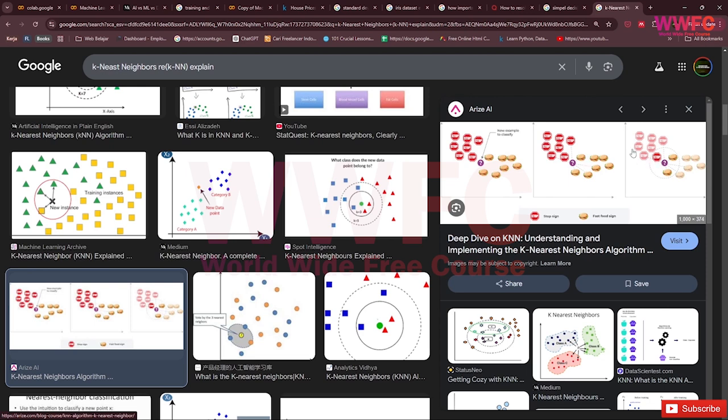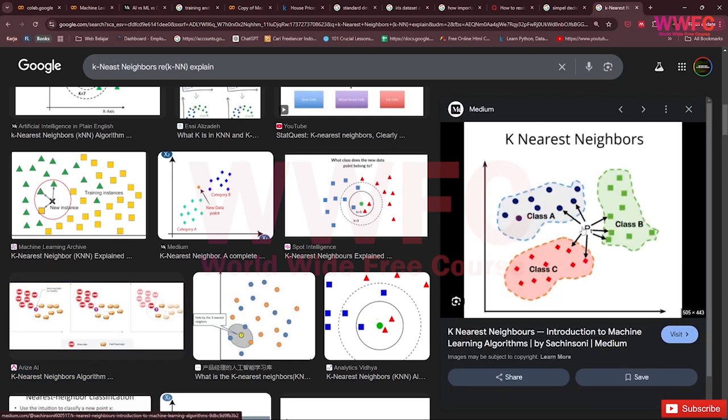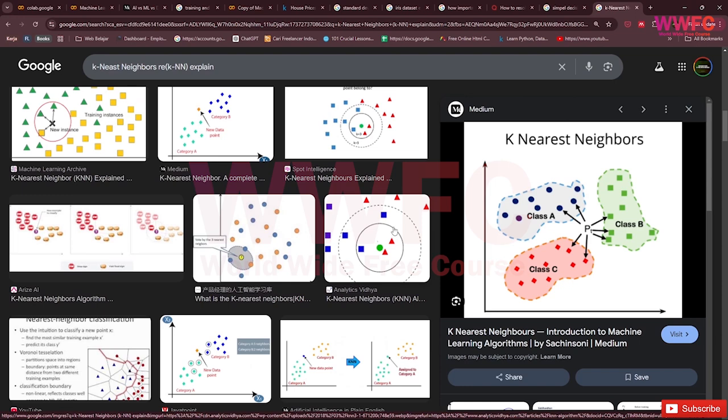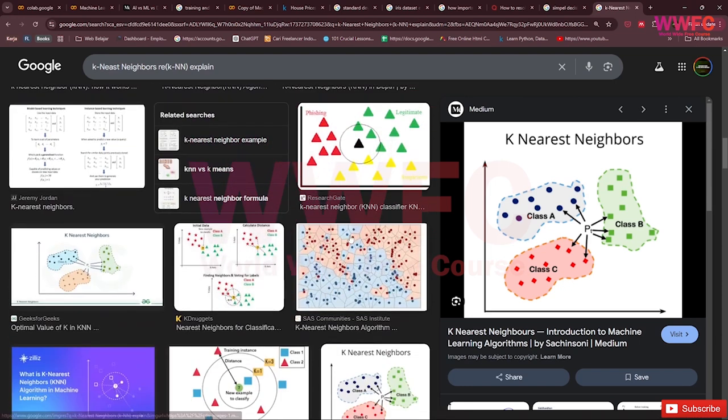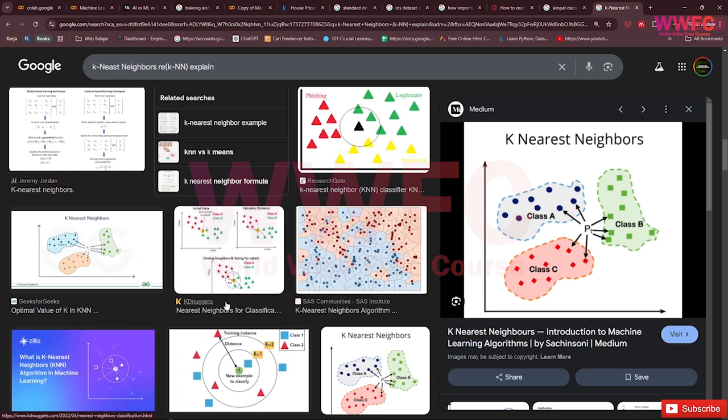Actually the stop sign may be nearer than the fast food sign, so they exclude the fast food sign and go with the stop sign. They use the nearest neighbors, find them, and that forms the cluster. That's the concept of using nearest neighbors.